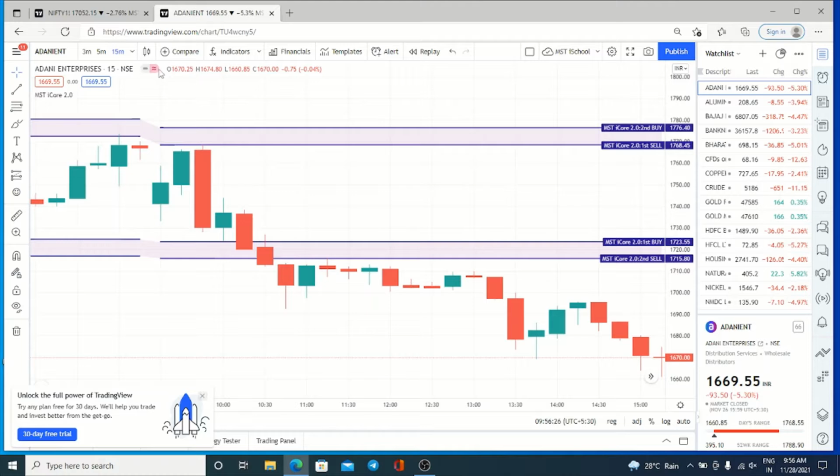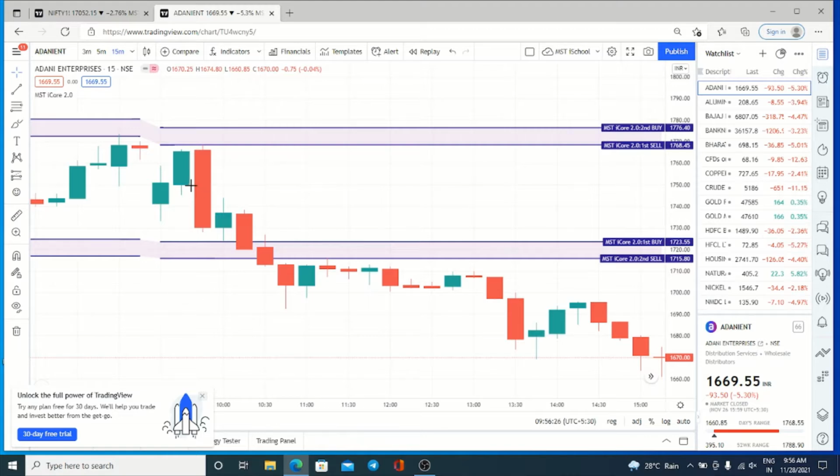Now I will add the candles. You can see for yourself whether the market has reached here first or here first. The market has reached the sell side first, not the buy side. If sell is activated, there is no buy. If buy is activated, there is no sell, for small traders and safe traders as per the strategy. Aggressive traders who want to make money again and again can go for both buy and sell as per the stop loss and targets given.